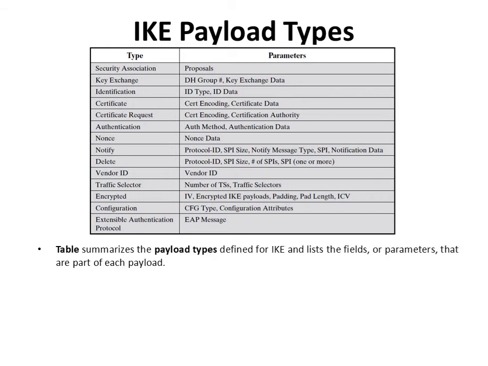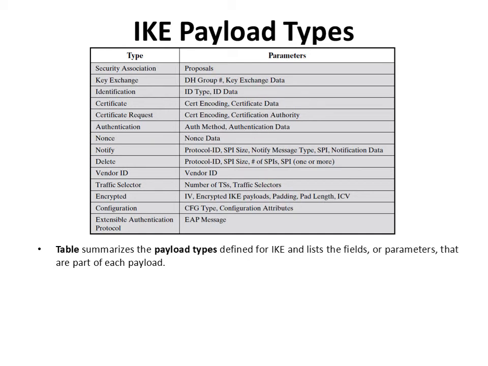So this table summarizes the payload types, and here we have the parameters. We can see the security association type, key exchange, identification, certificate, authentication, nonce, and so forth. These are the different types of IKE payloads and the appropriate parameters with respect to each type, like for security association proposals. So this table gives a summary of the payload types that are defined for IKE, and it also lists the fields and parameters that are